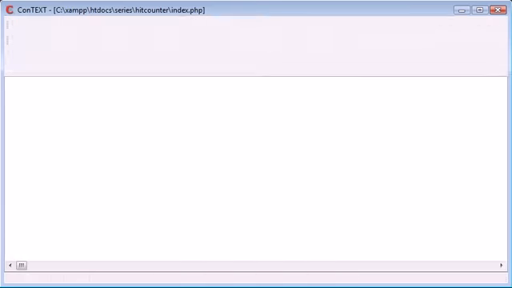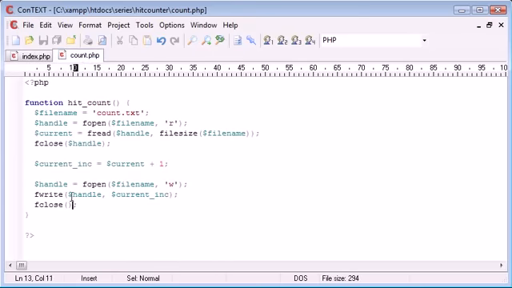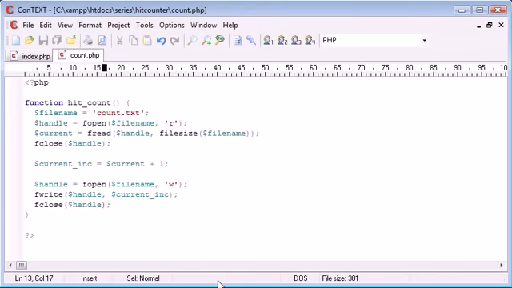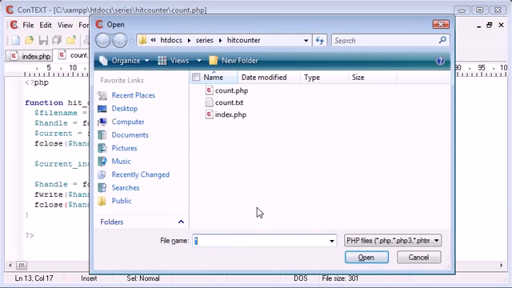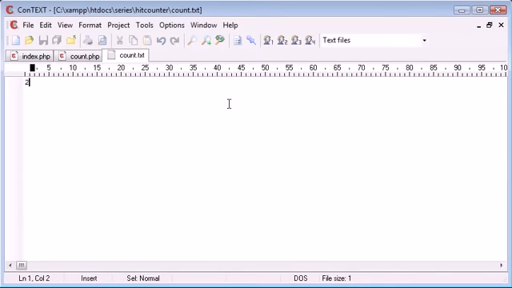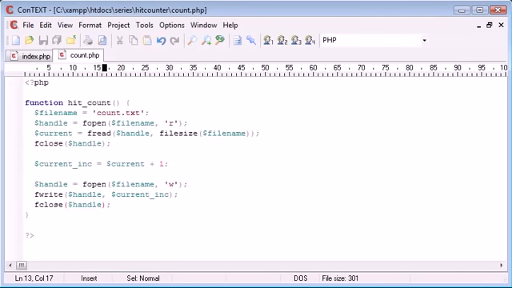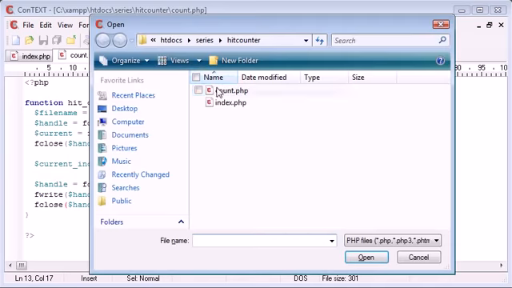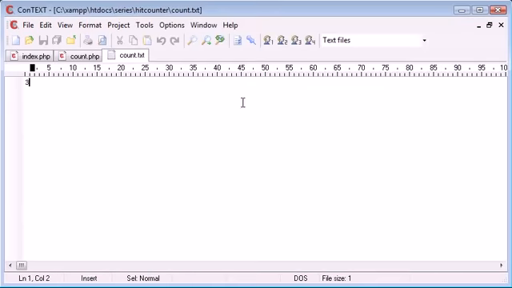Wrong parameter count for fclose. Oh yeah, of course. So we haven't closed the current file. So let's refresh. Okay, so now let's try and open our count.txt and see what it says. So it's got 2 because I've refreshed the page twice. So now let's close it again, and let's refresh again, come back to context, open up this file, count.txt, and